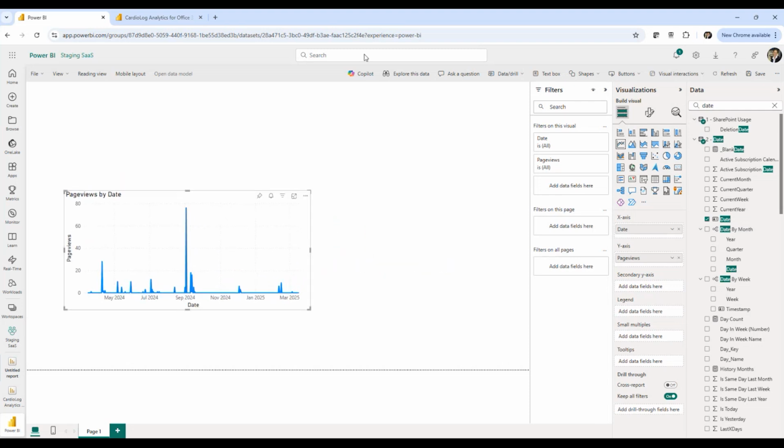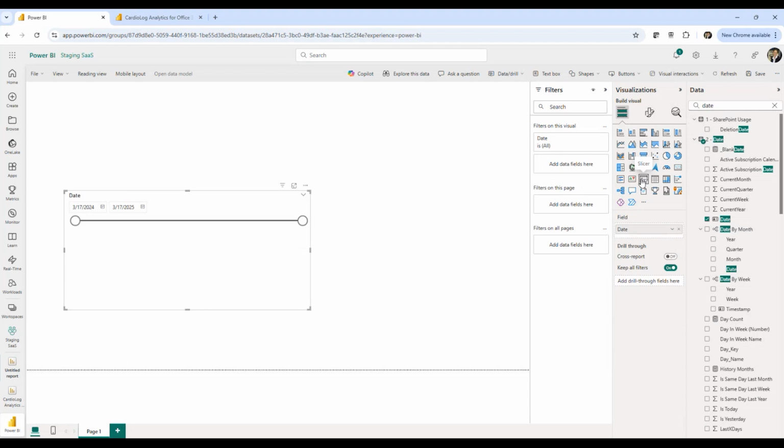Now let's add a few important basic filters that we can utilize in our report. First of all, the date filter, of course, like we have in our out-of-the-box report. Let's add a filter for that. To add a filter to the report, you can use the slicer visual. The slicer visual is a special visual in Power BI that lets you slice the information, so we use that as a filter. If you click on it,